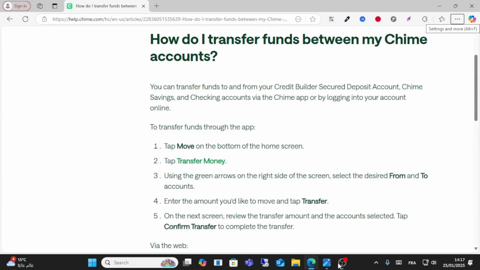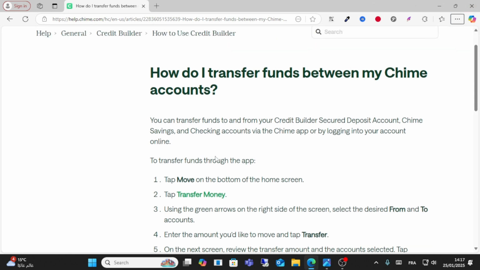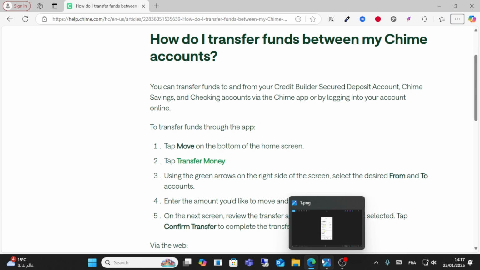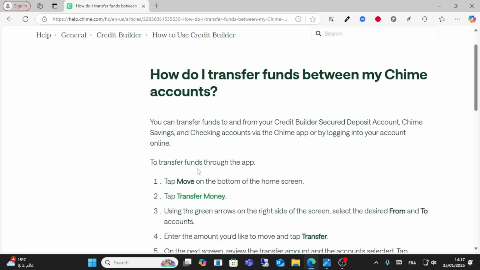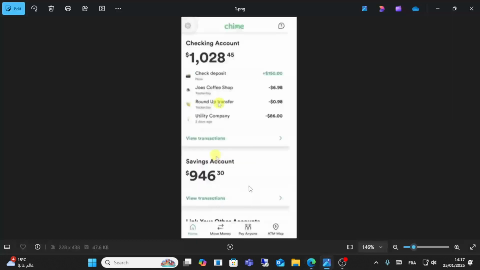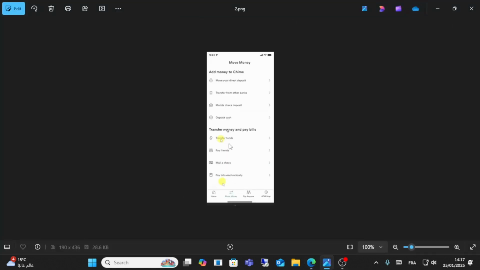Today I will show you how to transfer money from Chime credit card builder to checking account. So guys, the first step, open your app Chime, and from here click this move money. As you can see here, click the money button from home screen and from your screen, and after that click